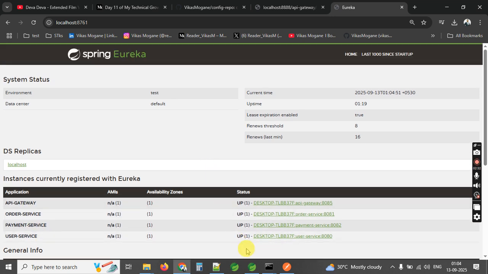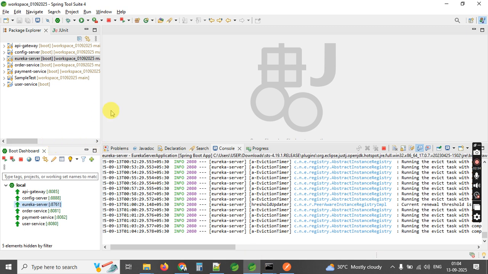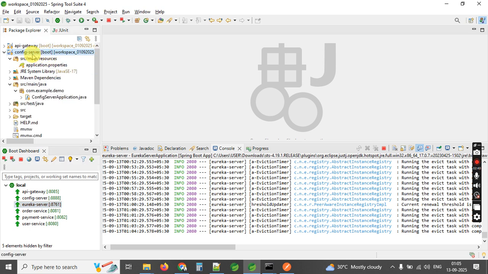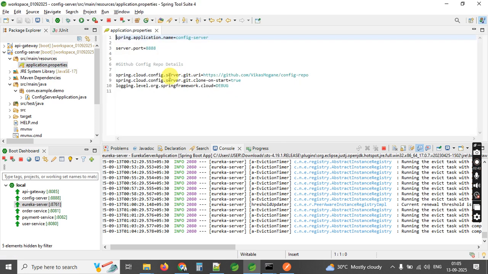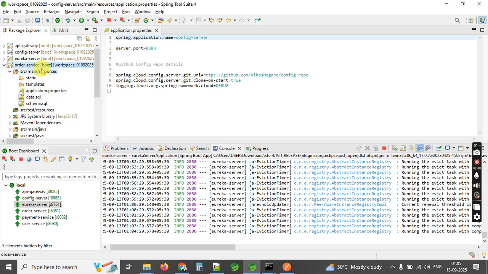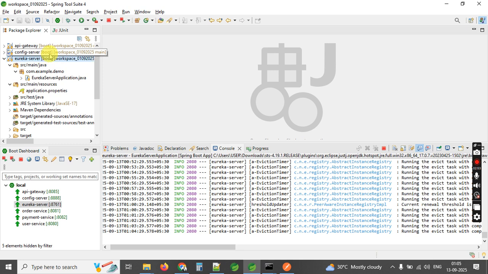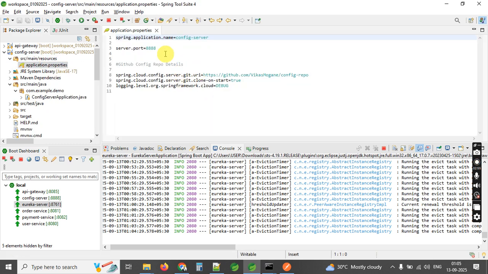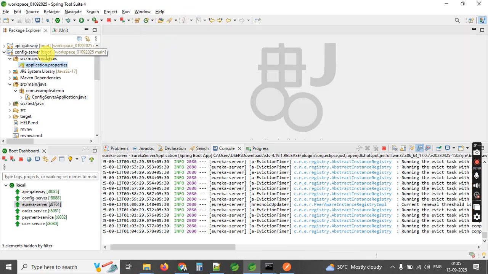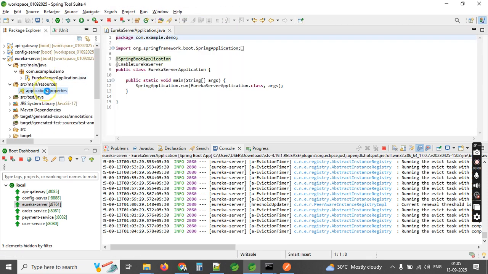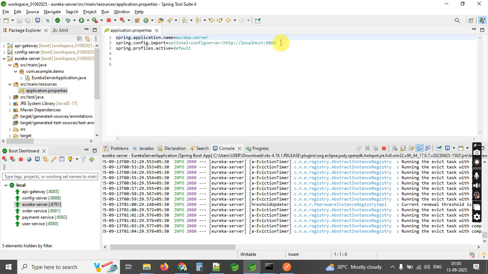Everything is the same as yesterday, except one thing: here we have to do the centralized configuration. So I showed you how we have done the config server configuration here, like config repo. Now see how we have done configuration for the Eureka server. In the config server we have applied 8888. So in the Eureka server, we changed the application properties. Here we have to redirect to the config server, HTTP port 8888, and it will redirect to GitHub.